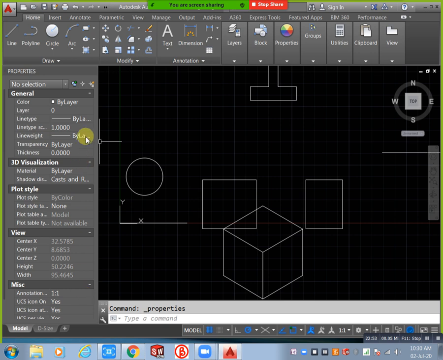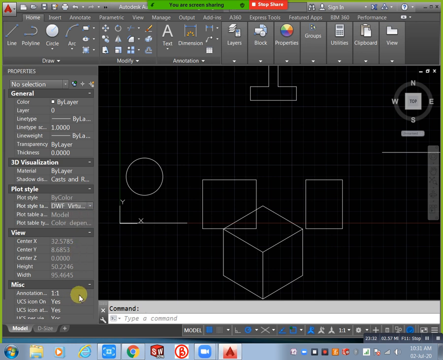Here we have line thickness, whatever line thickness you need, you can apply. If you need transparency, you can apply transparency also. If you need material, you can apply material. Shadows are for 3D purposes. By color, like ACAD.DWT, like template types, means styles. Next, this one is the scaling ratio. If you need a scaling ratio, you can set it. If you need to change your objects, you can change them using this view. Okay, this is the complete properties.